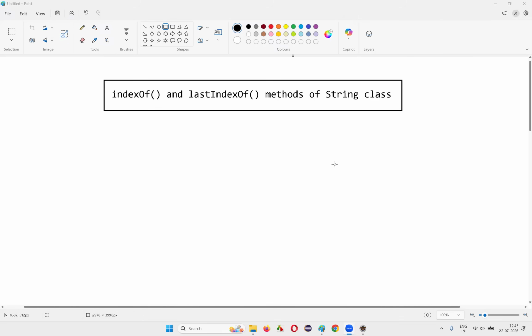In this session, I am going to explain and practically demonstrate the indexOf and lastIndexOf predefined methods of the String class in Java. So let's get started. Till now I have explained so many important predefined methods of the String class in Java. Now, in this session, I'm going to cover